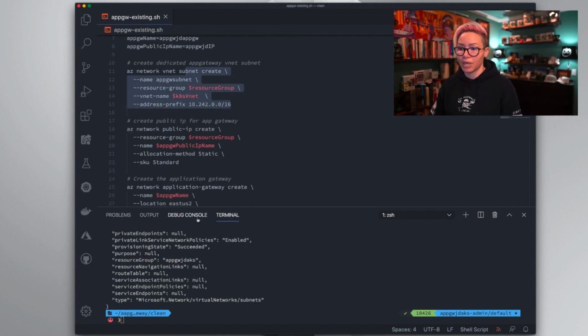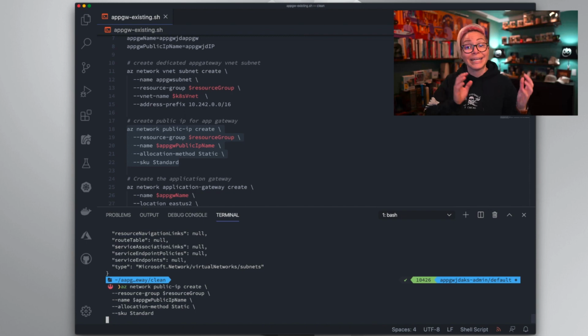You can see I just created the subnet, and I can see that the provisioning state is succeeded. So now I'm going to go through and create a public IP address. I need my public IP address and I need to attach it